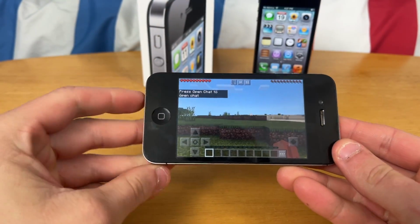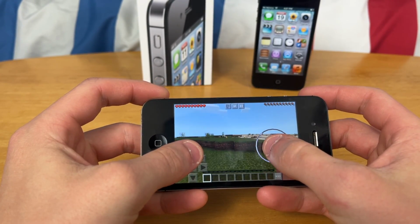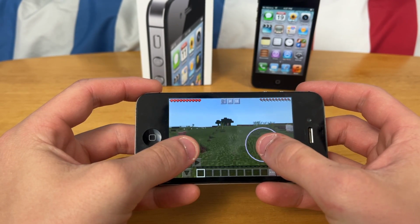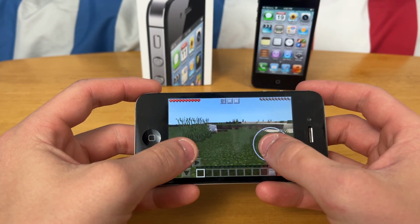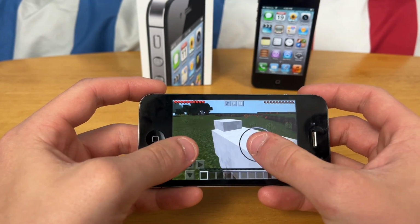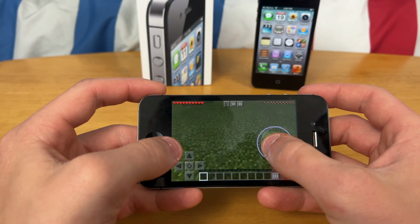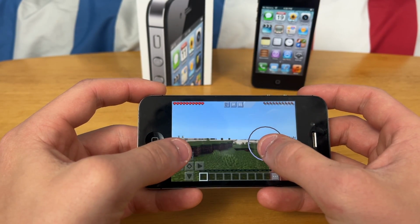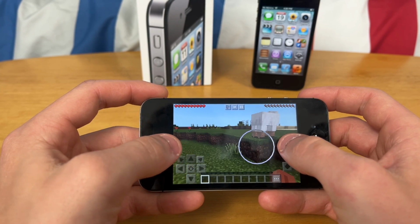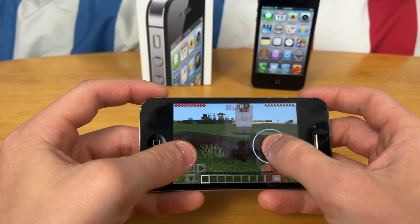Okay, so it did take about 4 minutes to load into this world, but we finally did. It also gave us an error saying that there was low memory, but of course it did still load. It's so laggy, oh my goodness, and very sensitive just because of the size of the screen, honestly. Wow, that's just horrible lag. But stop. I'm trying to get this sheep right here, but